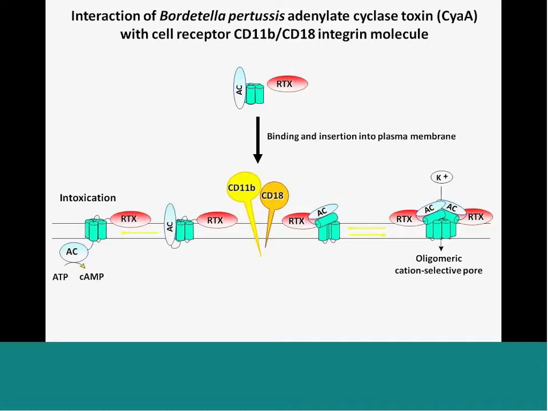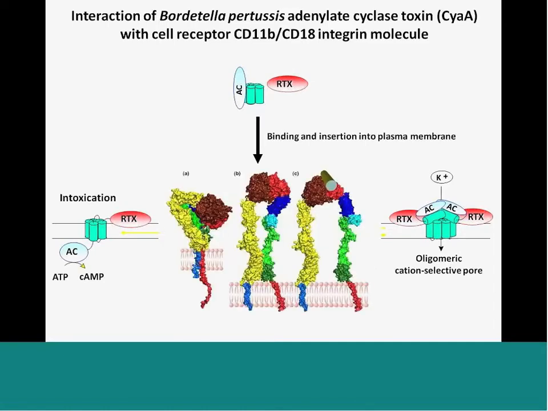The toxin also makes oligomeric and cation-selective pores, which also contribute to the cytotoxicity of the toxin. In case of the CD11b/CD18 receptor, this receptor belongs to the integrin family, which is a very big family of proteins, which are heterodimers. And you can see the schematic picture of the heterodimer, and this receptor can be found on the cells in